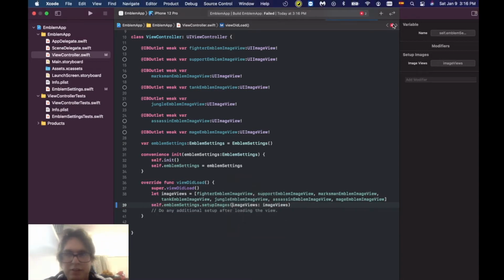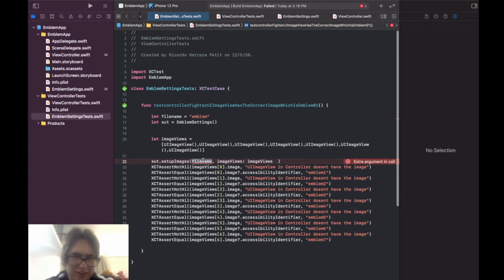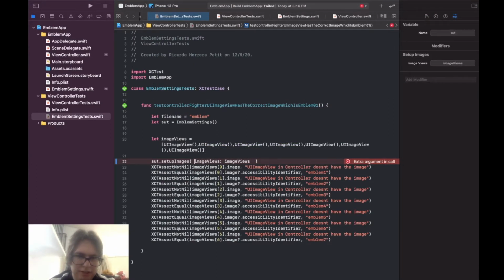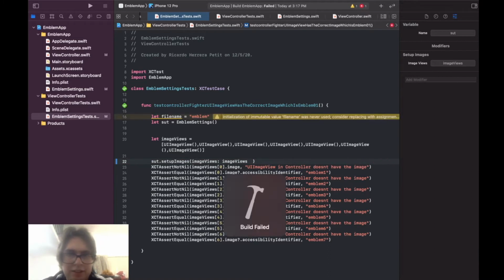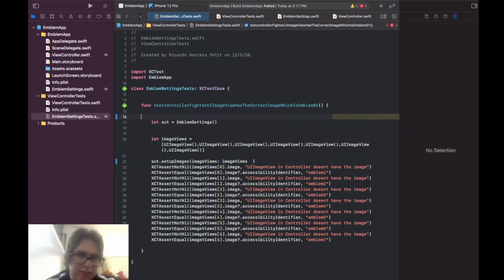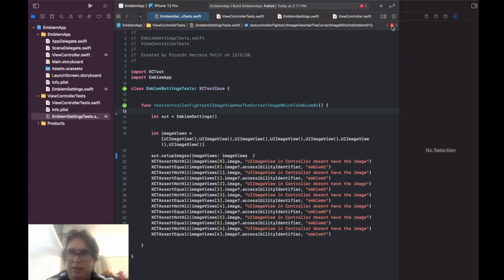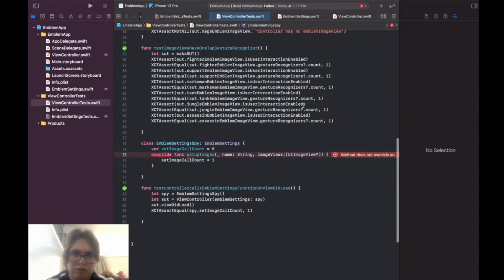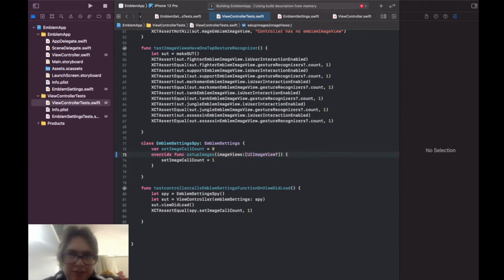and I'm still having some problems here because the test I'm setting up with a file name does not set up with a file name. Command U, there's no need for this file name anymore, right? And in the view controller test here, now the spy shouldn't have this again. Command U,